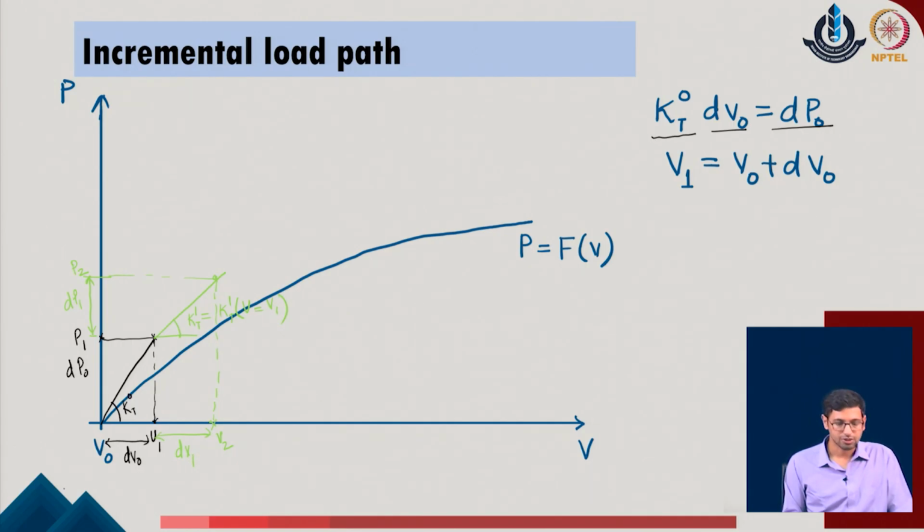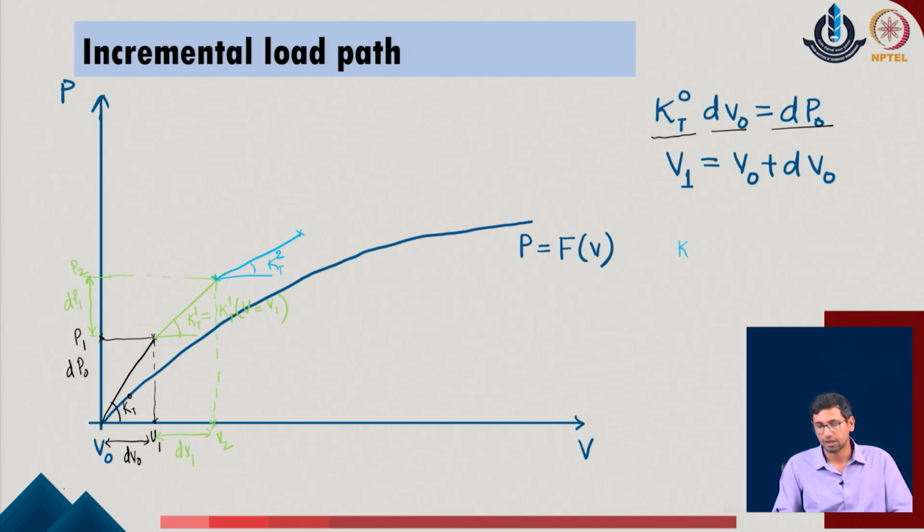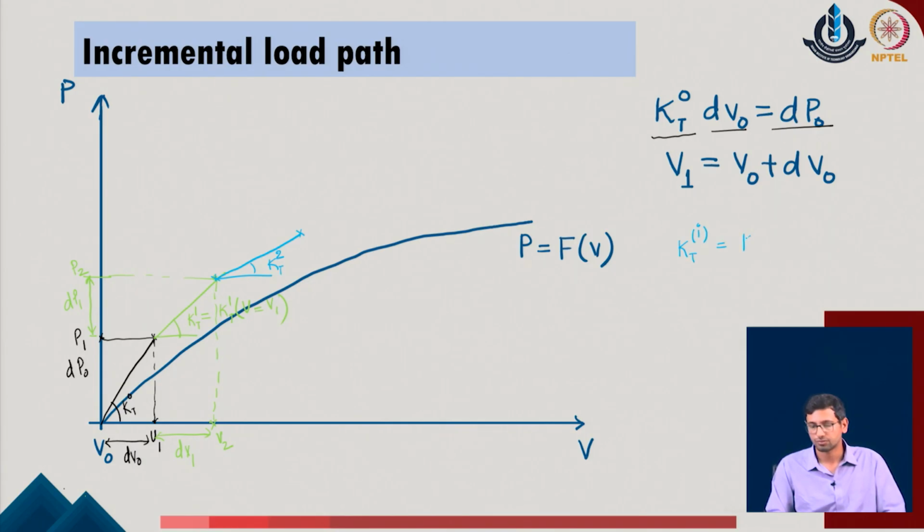As we come up with this second value, we further go to the system and identify the next tangent stiffness. Now, as we do with it, we come up with that value, KT2, and subsequently we can continue this procedure. So, at any point we can now write the generalized expression that KT of i is equal to KT with respect to V equal to V of i in the given problem. So, this is how we are evaluating the tangent stiffness.